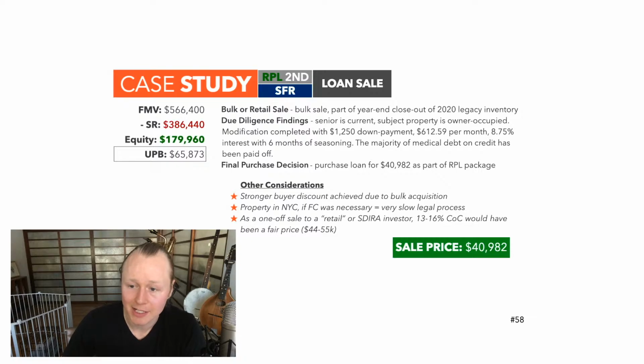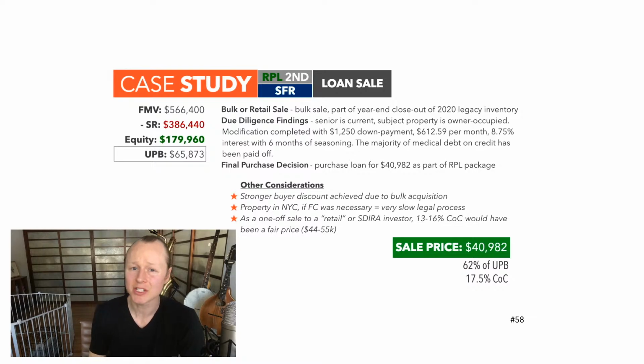The property is in New York City. So that means it's a long foreclosure state, a judicial state, where if the foreclosure was necessary, it would have taken a very, very long time. So that definitely affected the price on the downside. And as a one-off sale to a retail investor, or perhaps someone who holds loans in their self-directed IRA, a 13 to 16% cash on cash return would have been a fair price, which values this loan maybe $44,000 to $55,000. So they got quite a great deal on this because it was a fire sale in bulk at the end of the year, whereas we could have sold this for more should it have been sold to a one-off retail type of investor. So we got 62% of the unpaid principal balance, which offers the investor a 17.5% cash on cash return,